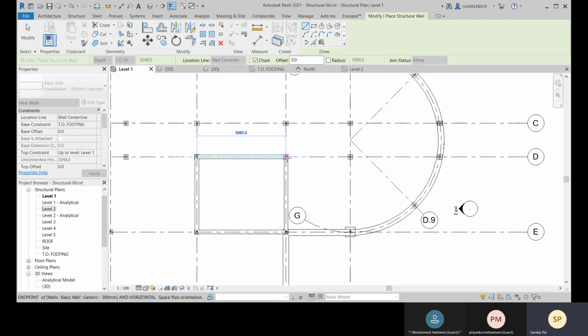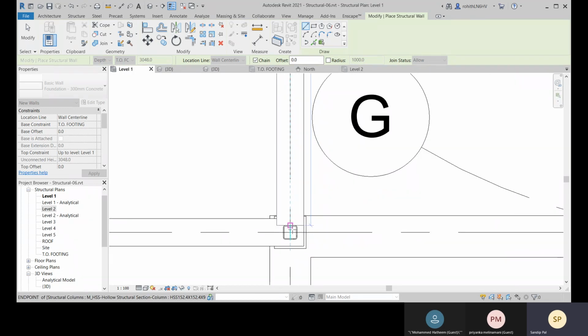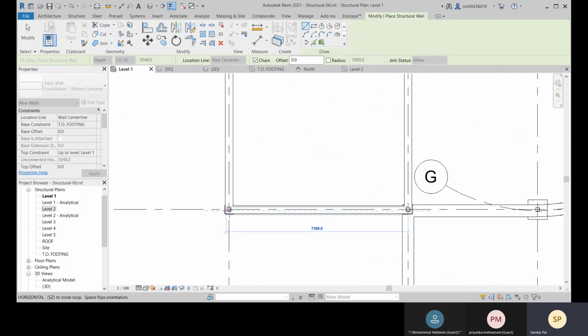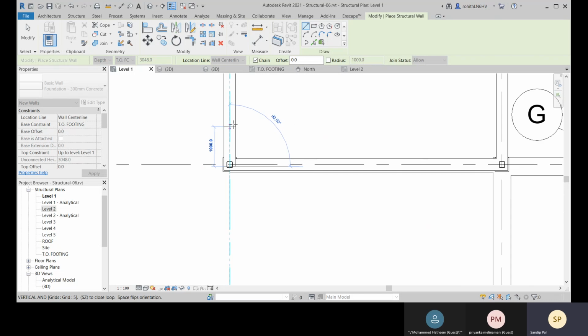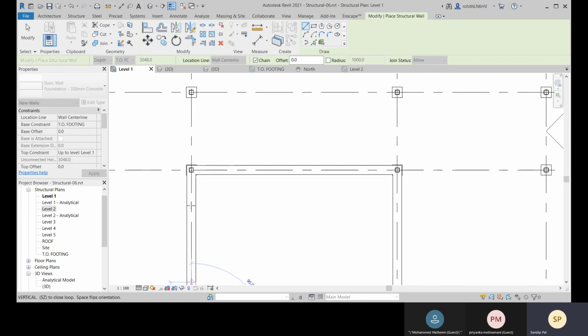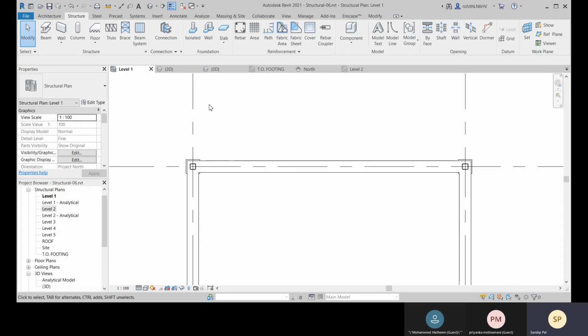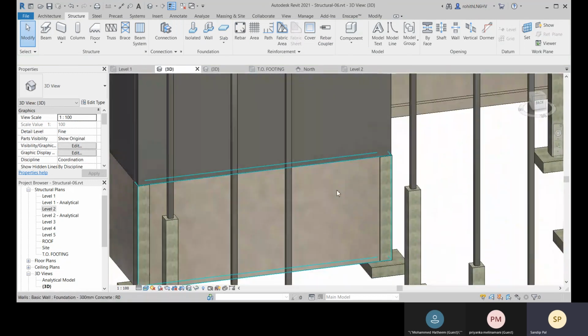So from this to this to this. Very good. So here it is. All right.